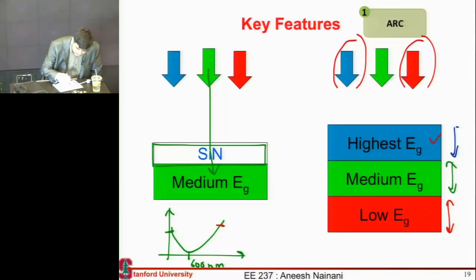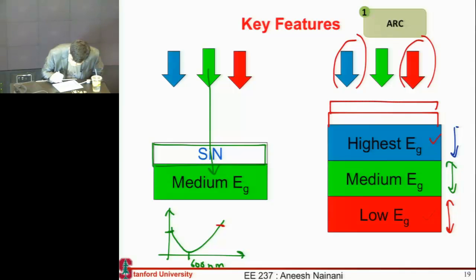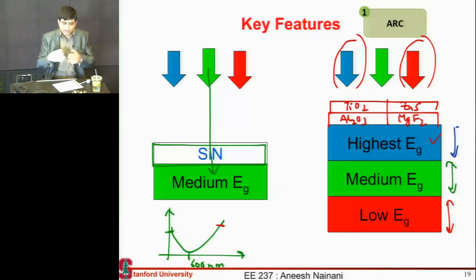So instead of using one layer, what people do is they use a bi-layer anti-reflective coating, and it's usually made of things like, one of the layers could be Al2O3, the other one could be titanium dioxide. Many times one of the layers is magnesium fluoride, the other one is zinc sulfide, and all of these are higher band gap materials, and they allow most of your light through, but you optimize the individual thicknesses as well as the refractive index such that you get a lower reflectivity over a large set of wavelengths. And